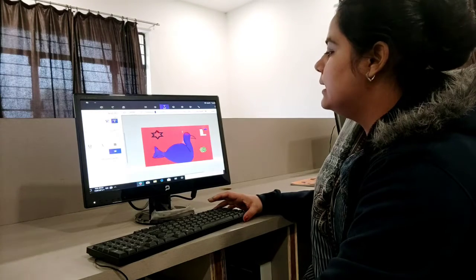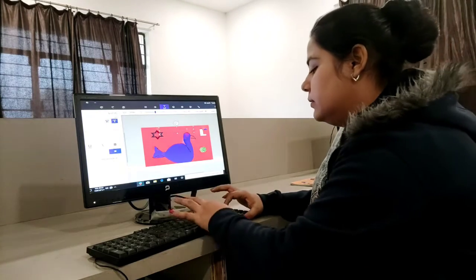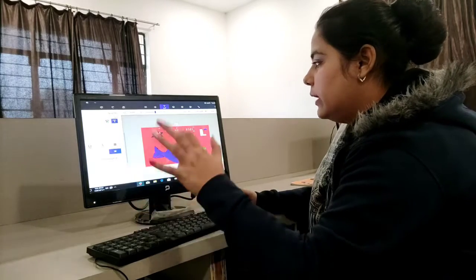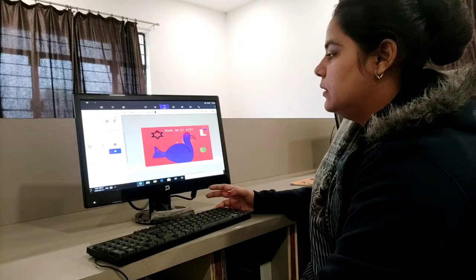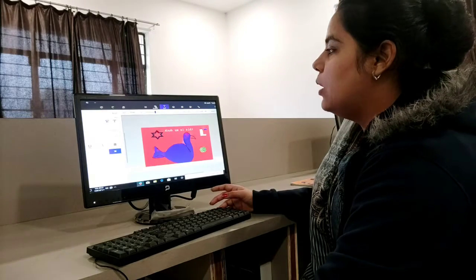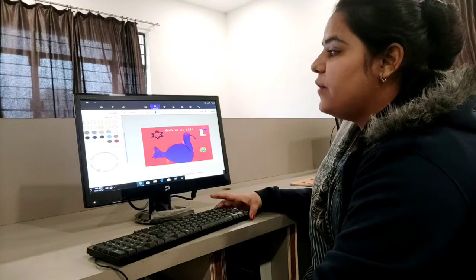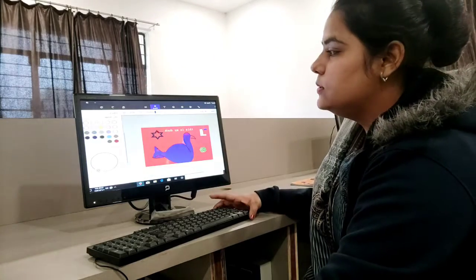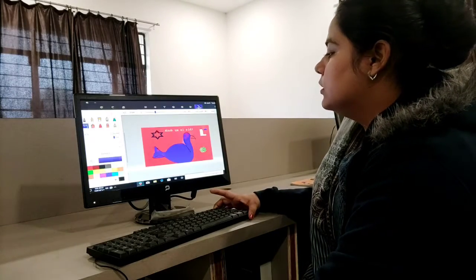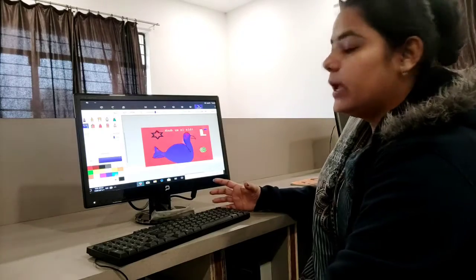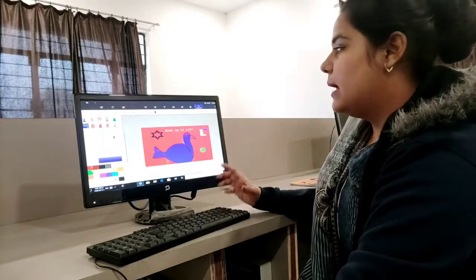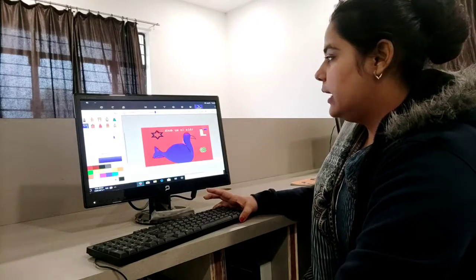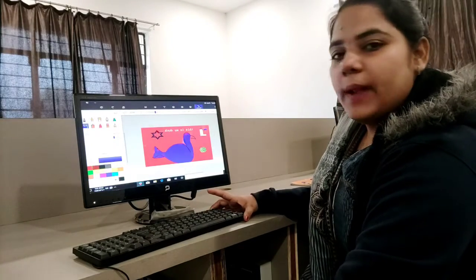Now I am choosing this, writing here. I am writing here. Now I am choosing effects. Which effect you want here? I don't want any effect, so I will not choose any one. So your drawing is completed. You can try it at your home by making any drawing, anything you want to. Okay kids? So this is your practical.